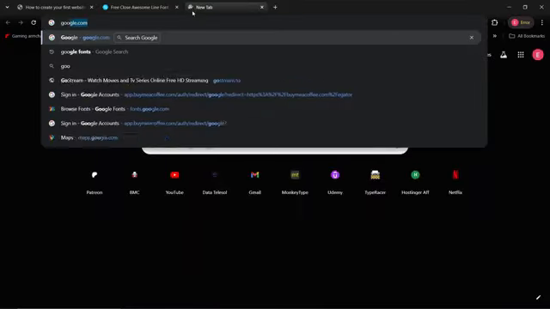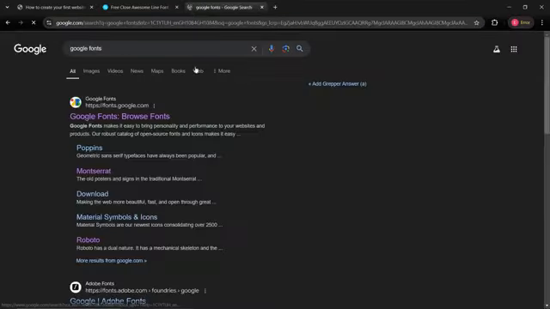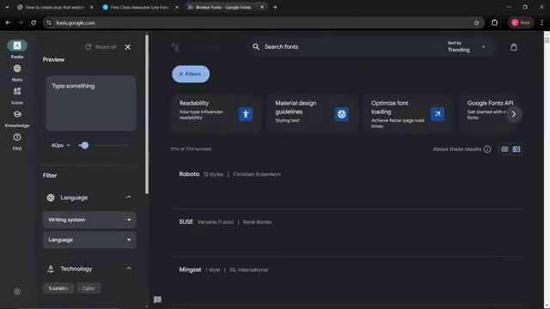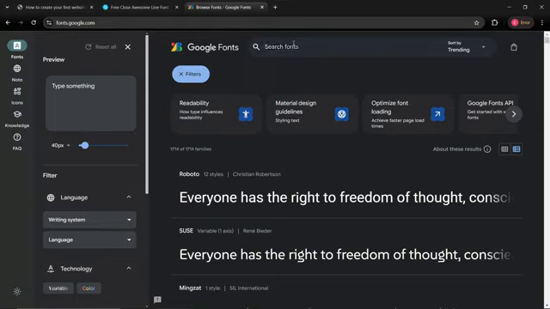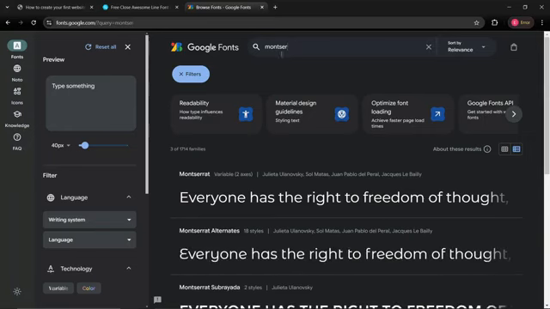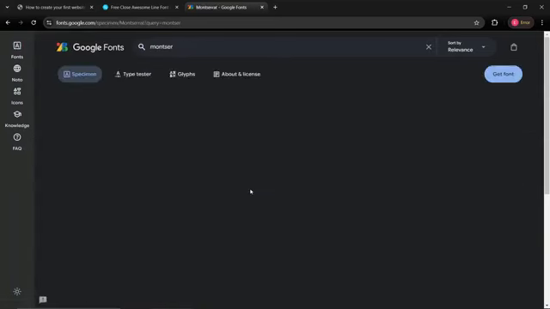The default font that we have doesn't really look good for me, so we are going to change that real quick. Actually, let's do that right now. So let's go to Google Fonts and get a new font for this project. And if you've been watching my videos for some time, you probably know what I'm going to use. I'm going to use a font called Montserrat right here. So I'm going to click on this